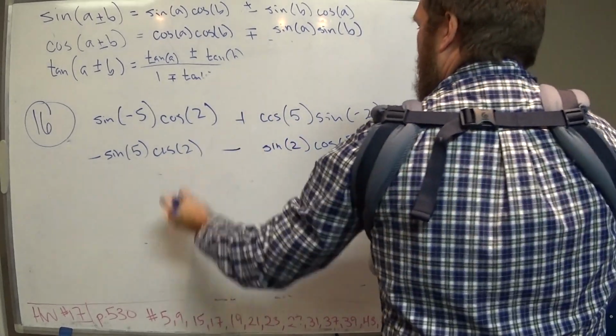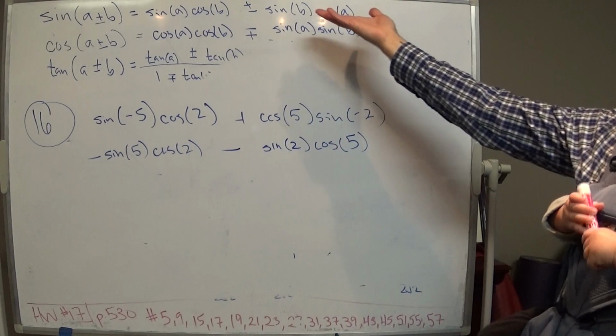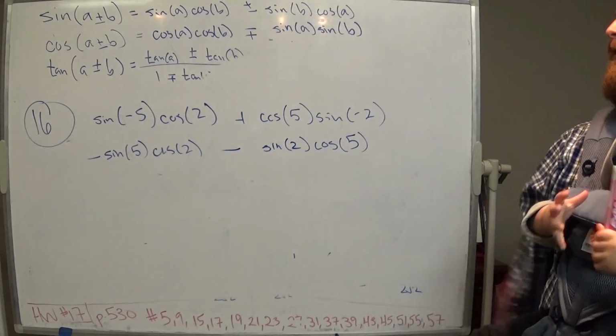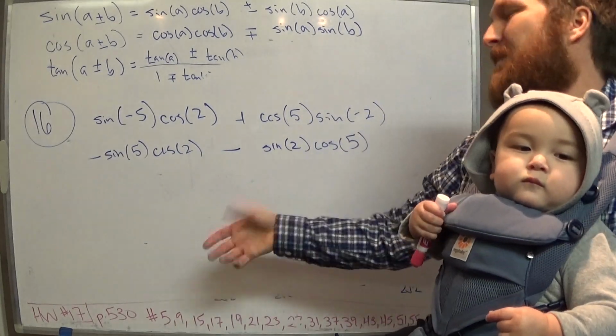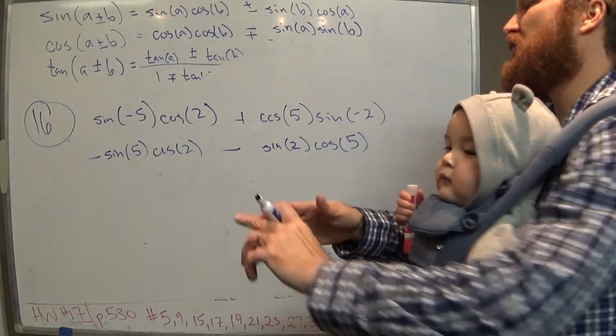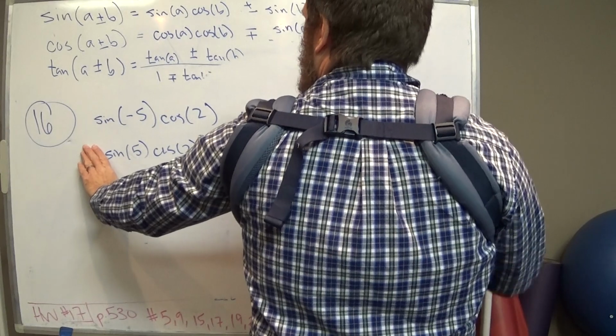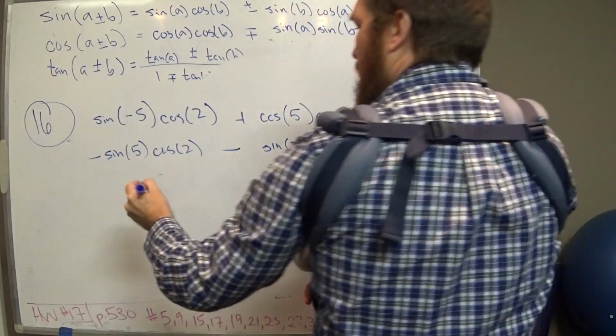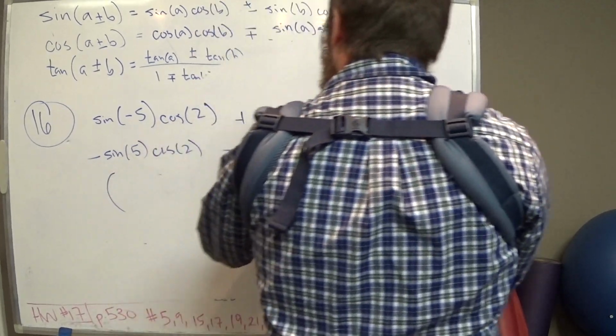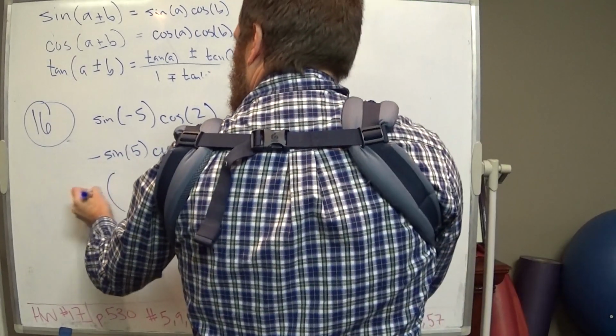Negative. Is that the form that we're looking for? You can't just look at that and say, oh, it's negative that. Well, no, we'd have to factor out the negative entirely in order to put it into the form that we're given. So minus